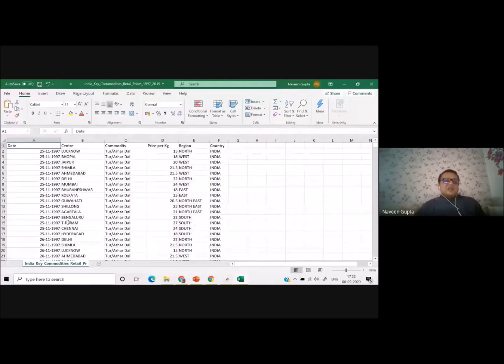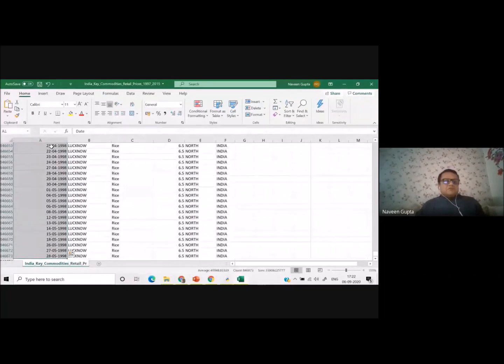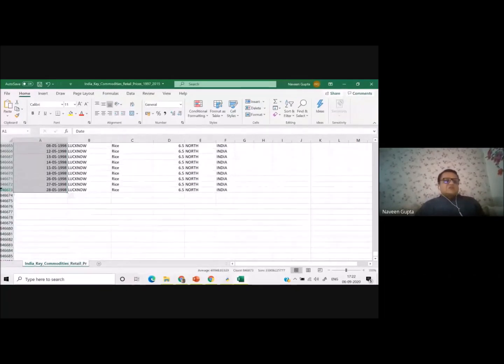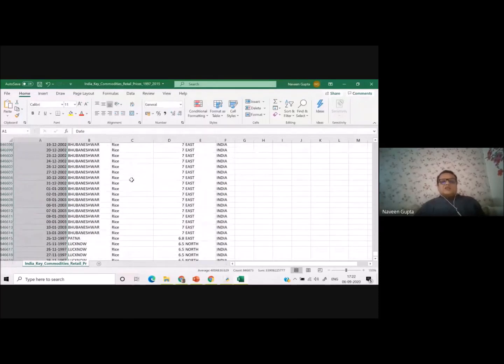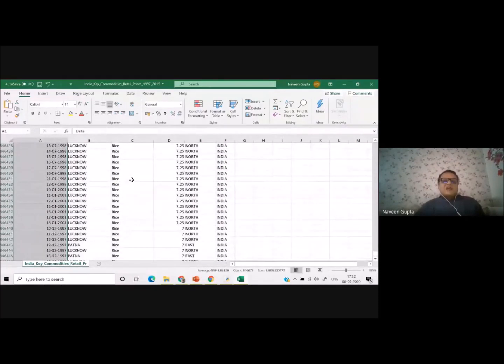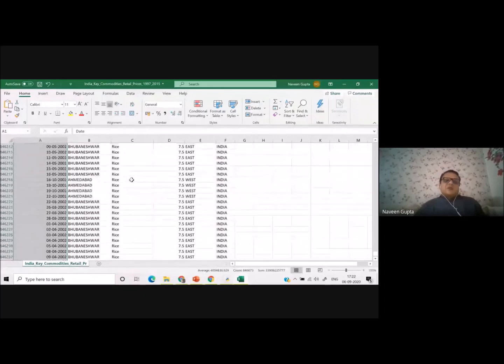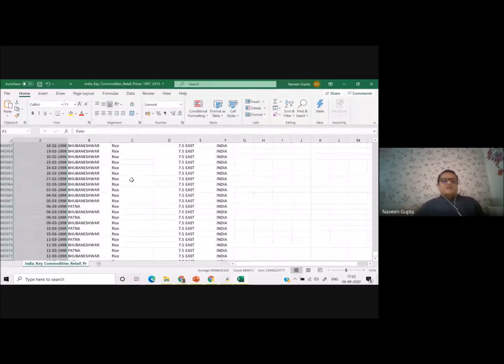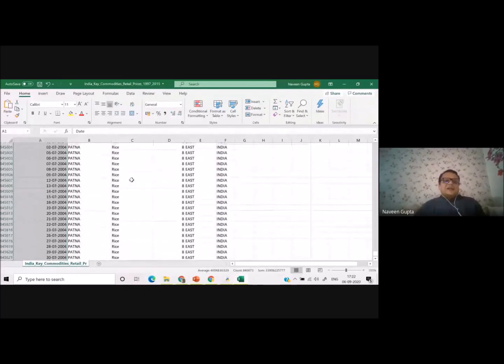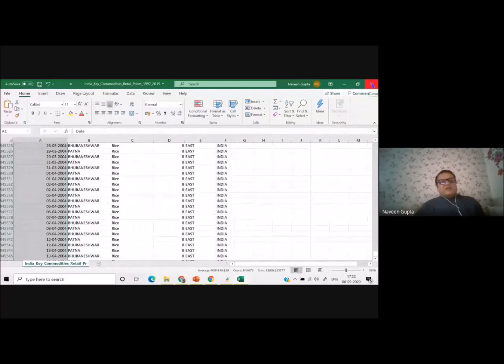You can see there are approximately 84,000 records. So a student can do the rice commodity, which state has a higher price for rice, which state has a higher price for dal, or sugar. So this data file already has so much data that we can analyze.